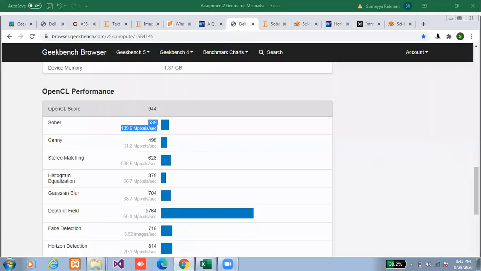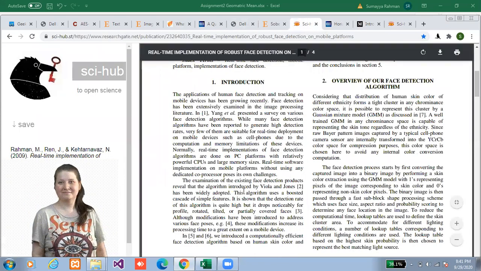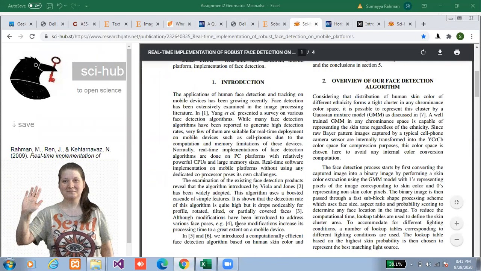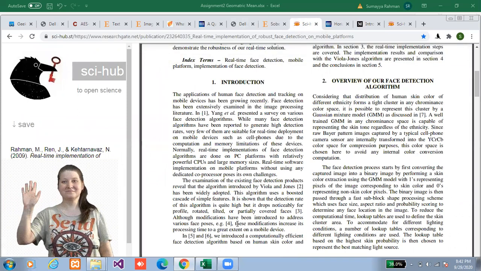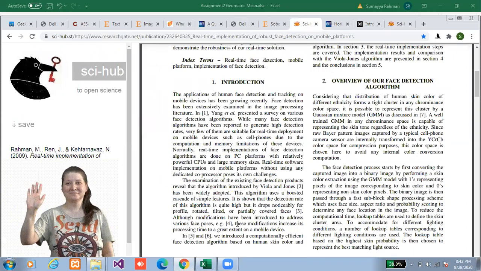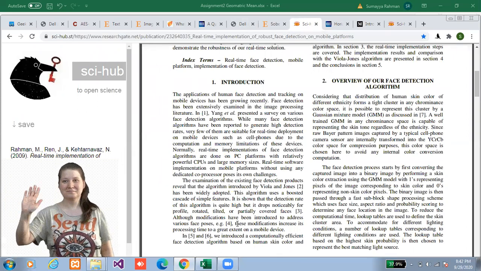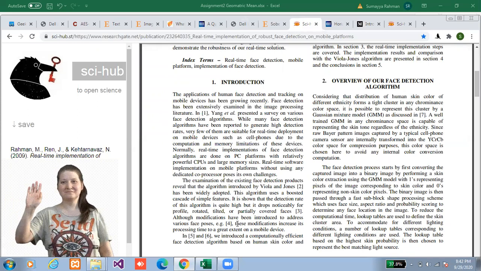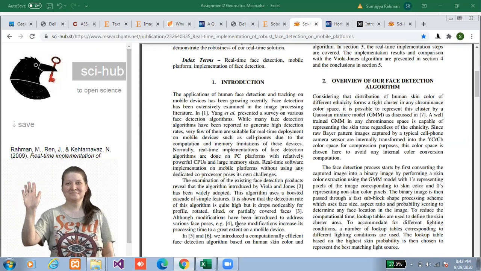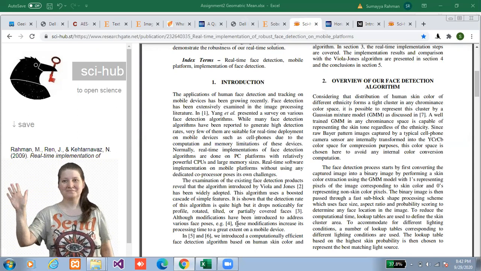Next one is face detection. The face detection process starts by first converting the captured image into a binary image by performing a skin color extraction using the GMM model, with ones representing pixels of the image corresponding to skin color and zeros representing non-skin color pixels.